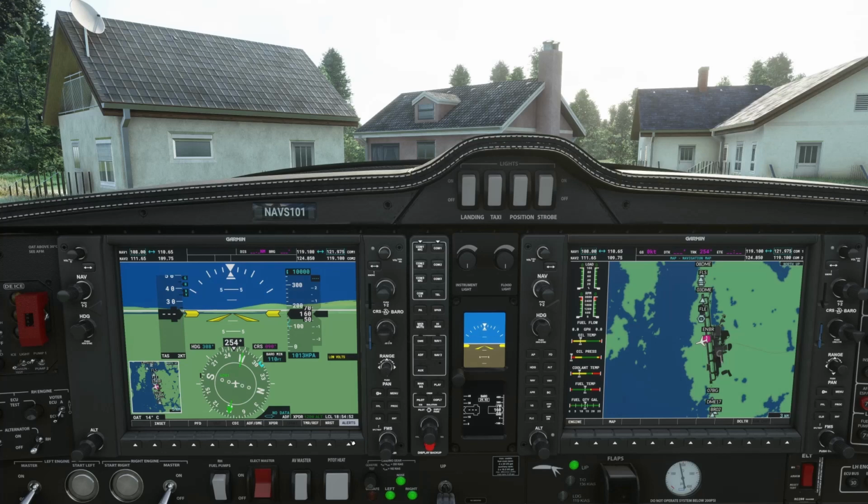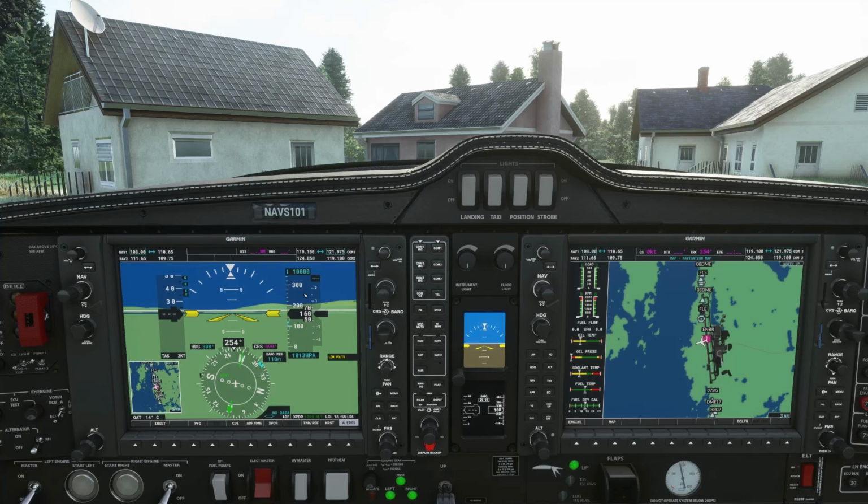Right, so moving on. Now we have the nav 1 and 2 up here. So looking up here, you have the navigation system, or the nav frequencies. Moving across, you have what I'd call the FMA, the flight mode annunciator. So you'd have various bits of information here. Here you would actually have autopilot mode and VS vertical speed mode, etc, etc. Okay, some of the things I can't actually show you on this G1000 because we're actually stationary on the ground.